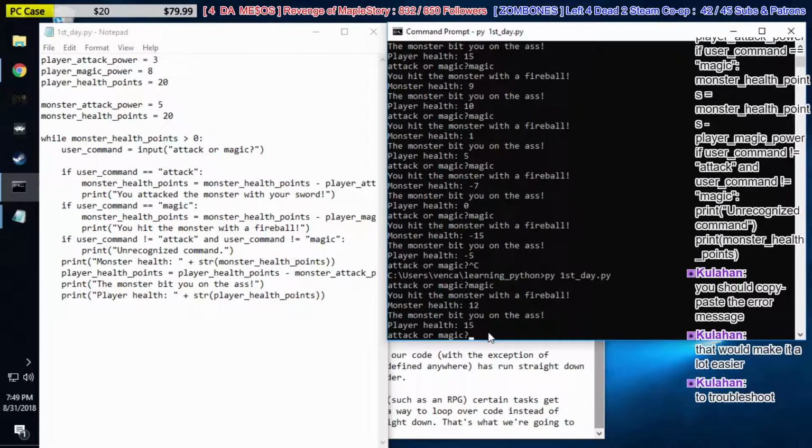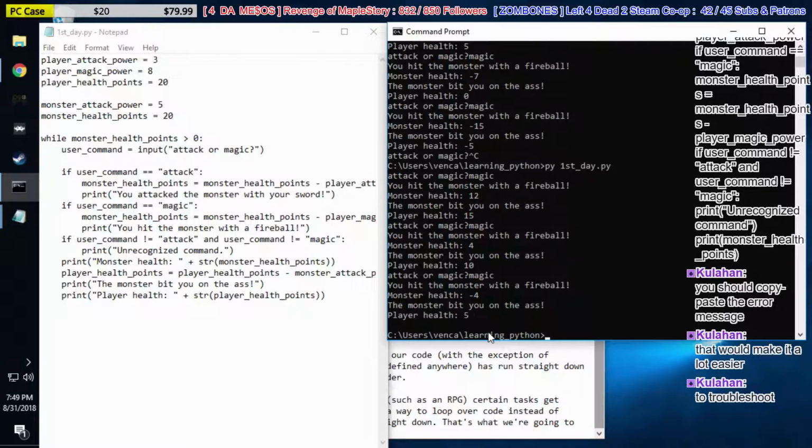I'm going to use magic. Make sure I kill him first, because I do a lot more attack power with my magic. I'm a caster, I guess. All right, so magic, and I kill him. It should end the code, right? Yep. There you go. Okay, so we got out of the game now. His health got down to -4. Sick. So now let's